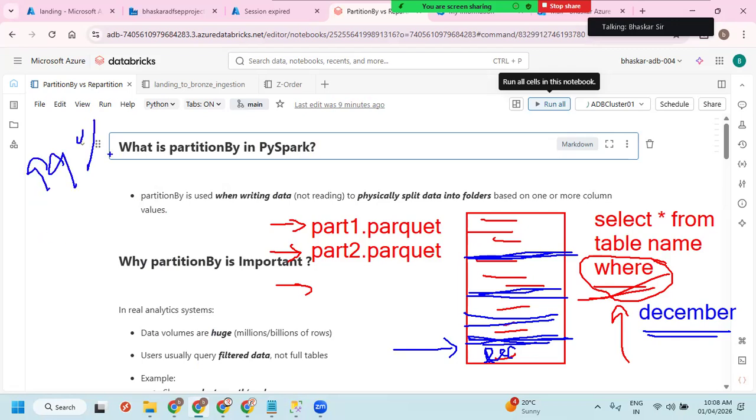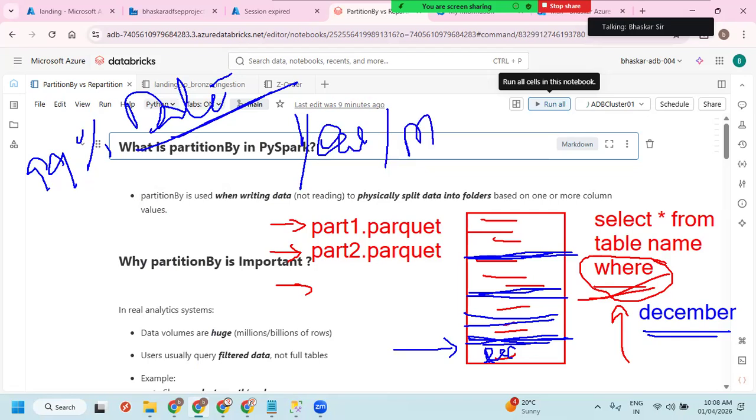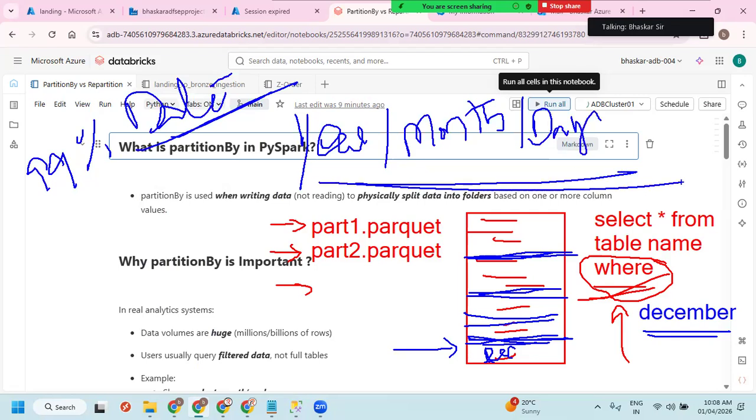99% you're going to do it with the date. You can say date directly. In my case, we have a year, we have a month, and we have a day. Like this, we have a partition. Sir, in my organization I use partition by for removing duplicates or something like that. That is different. Okay.